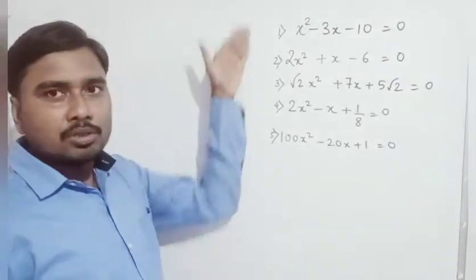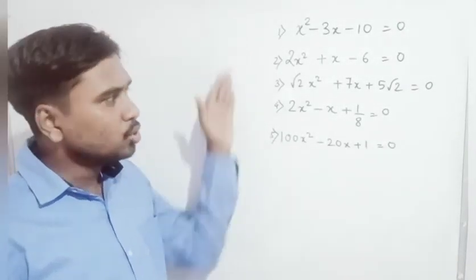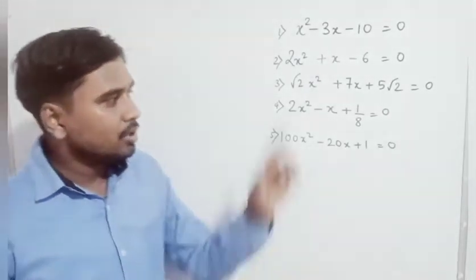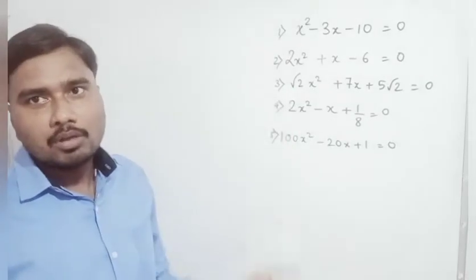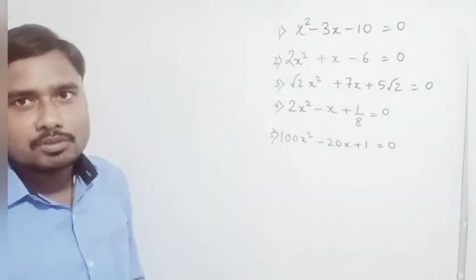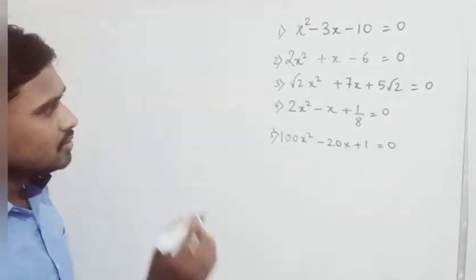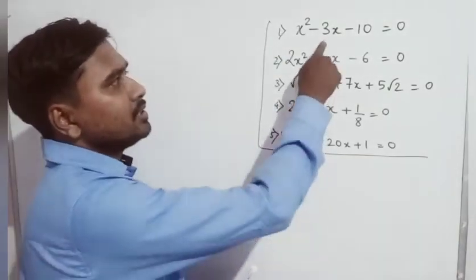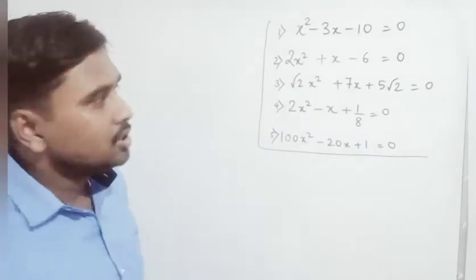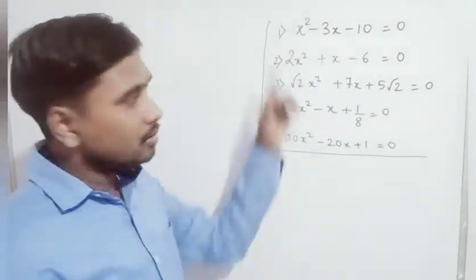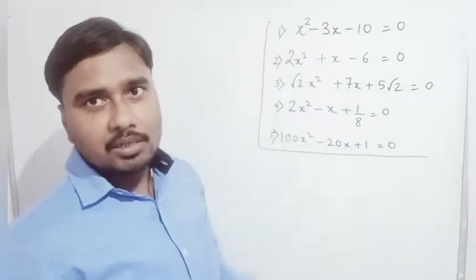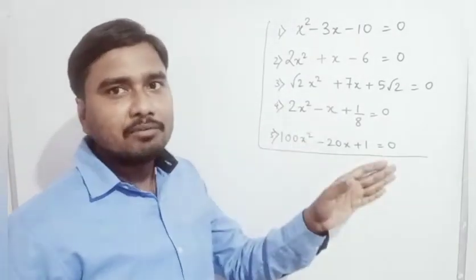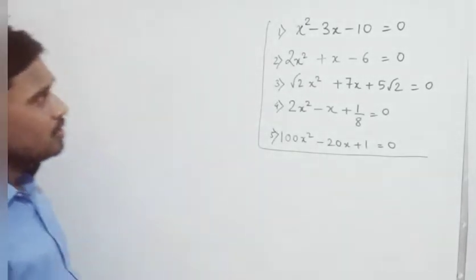In this question, you have to find the roots of the following quadratic equation by the factorization method. So one by one, you will solve each and every question. There are 5 questions given in your NCERT book. So what is the first question? The first question is x square minus 3x minus 10. Here you will factorize 10. When you factorize 10, you get the factors 2 and 5. With the help of 2 and 5, you can get 3. So how will you solve the first question?